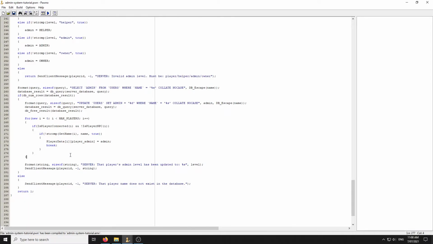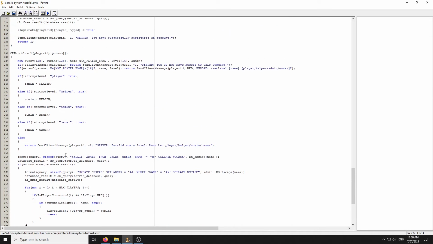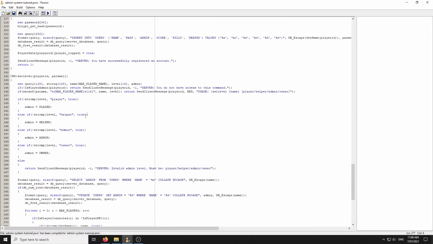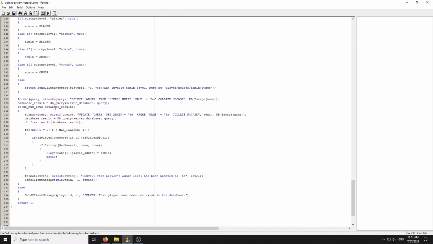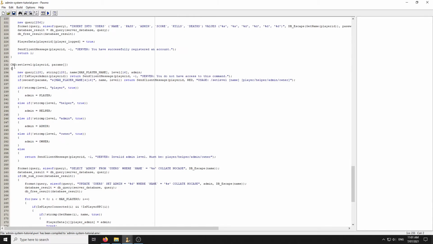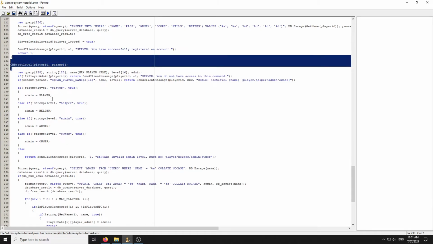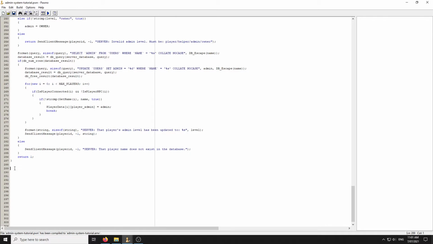There's a set level command, guys. That's how you set people to admin level, and you can actually do that on yourself to set yourself to owner. So you have to be logged in as an Archon admin to do that. But now how we actually make other commands, this is how you're going to be making all the other admin commands. Is basically let's create a simple command called